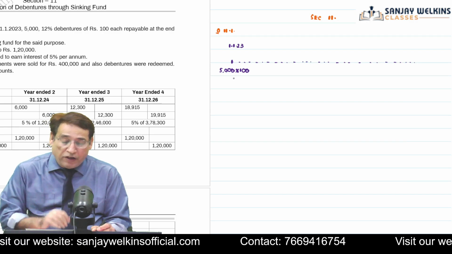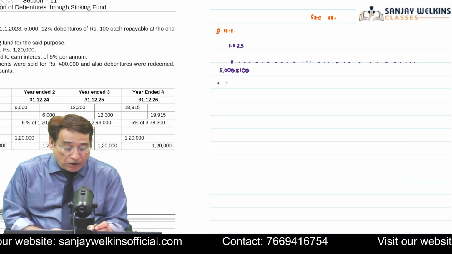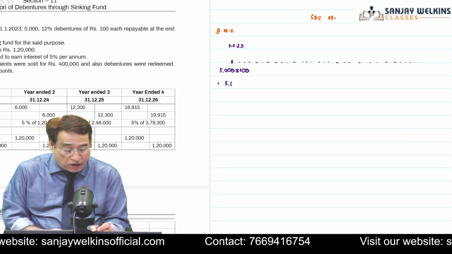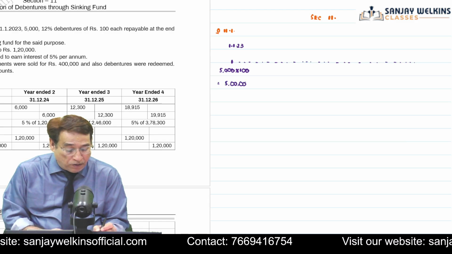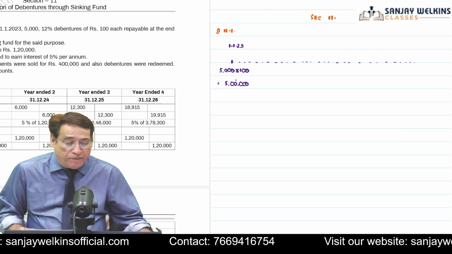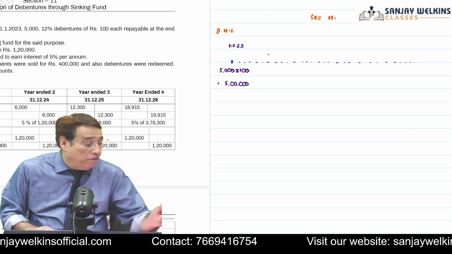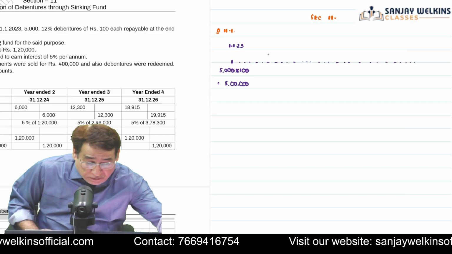5,000 debentures of 100 each, isn't it? That means 5 lakh. So 5 lakh worth of debentures this particular entity has issued. So I will write here 5 lakh. Further, when I am going to reach the end of the year,